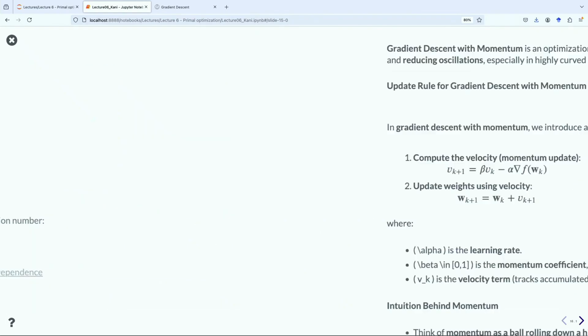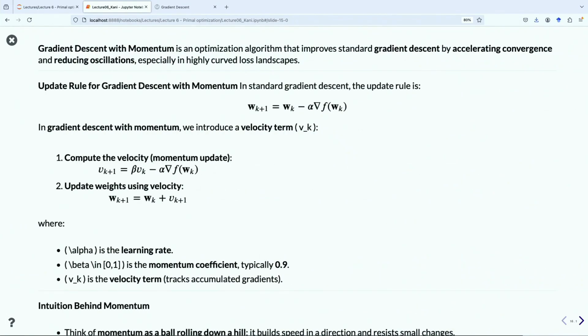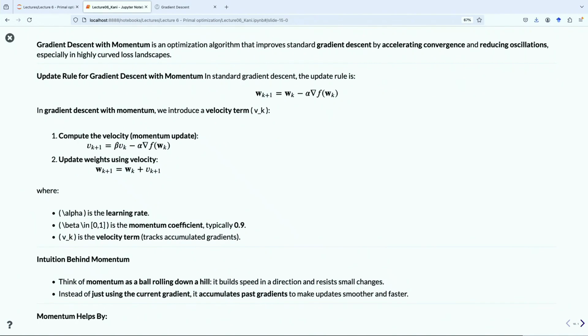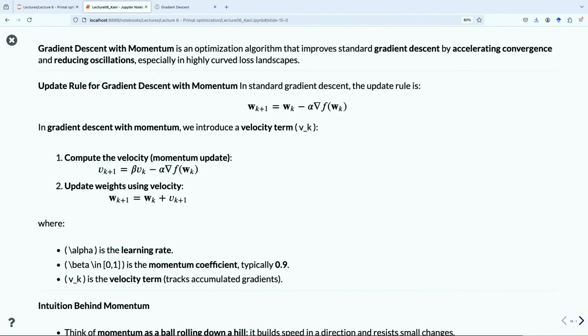Okay, so as I said before, momentum might help us in this case. So, no, okay. Sorry, I made the slide too big. So,